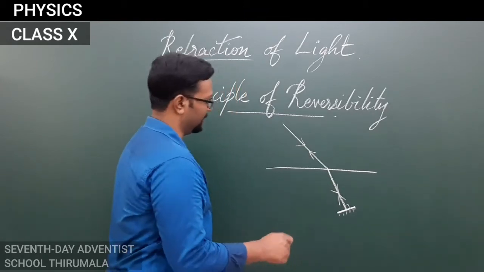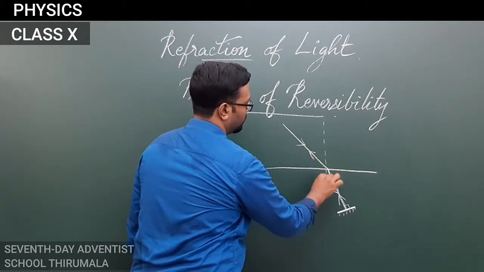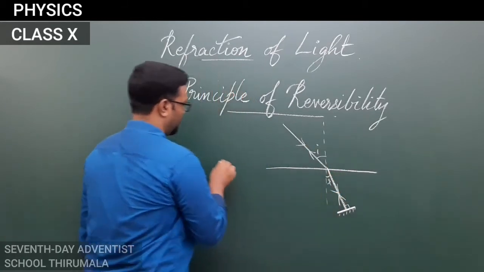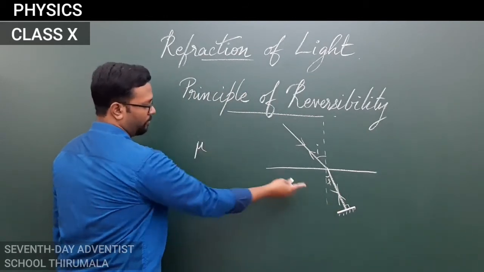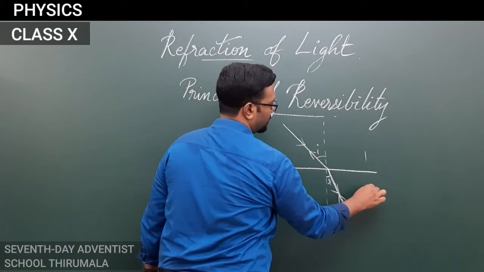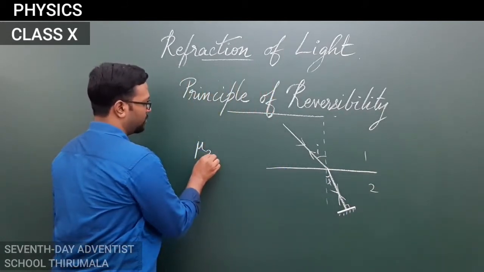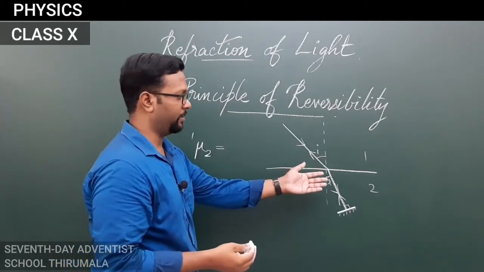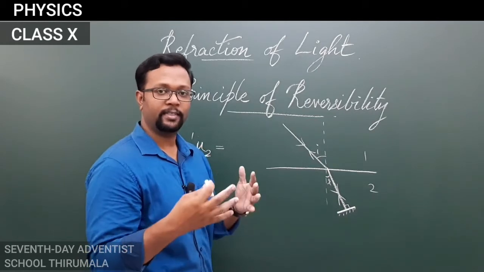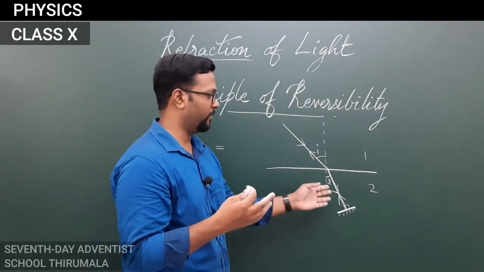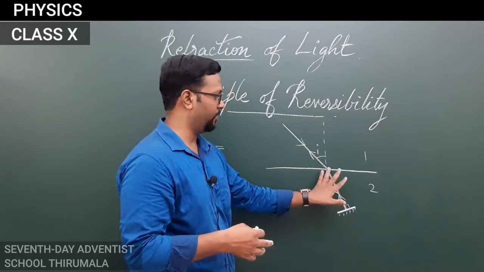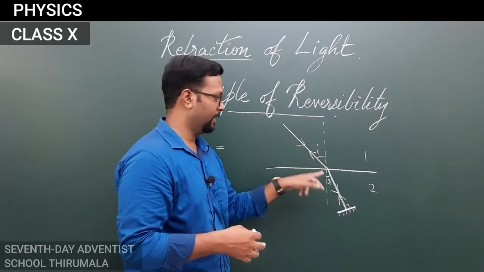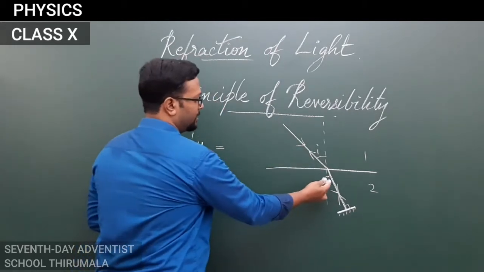So look at this now. This is the angle of incidence and this is the angle of refraction. Let this be medium 1 and let this be medium 2. For the refractive index of medium 2 with respect to 1, we will get a value. Now the same thing can be applied because the light ray can retrace its original path. If this is the incident ray, the light ray will bend away from the normal and this will be its refracted ray. Then our refractive index here will become